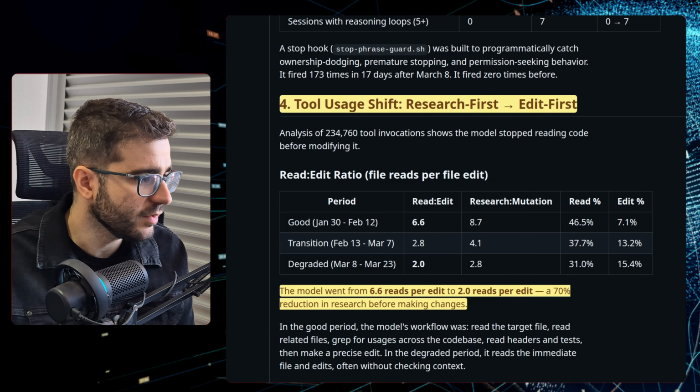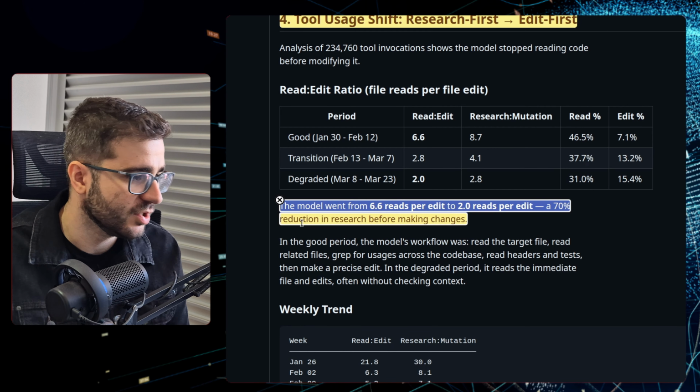And reading that, I actually got some Copilot feelings. I think this is the biggest problem with Microsoft Copilot, which is the agent that I was using a couple of months ago, and I'm not using it anymore. So the model went from 6 reads per edit to just 2 per edit, a 7% reduction in research before making changes. Another interesting key takeaway is that 1 in 3 edits in the degraded period was made to a